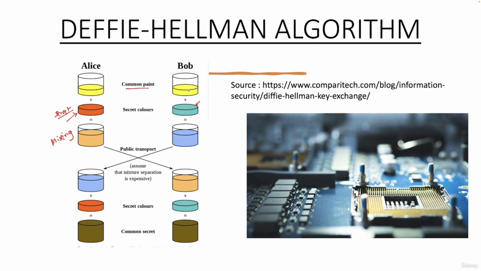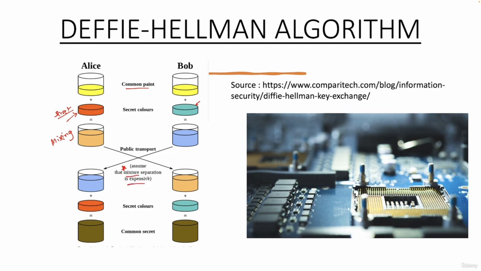So Bob uses the common paint, his secret color, and gets something like a blue, right? So Alice has come up with an orange, Bob has come up with the blue. And this is the thing that happens here, right? Now, Alice says, okay, let me send this over to Bob, and then Bob sends this to Alice. So an exchange of information is taking place, right? But the key here is, if you read this, this is a public transport happening, and very important, assume that